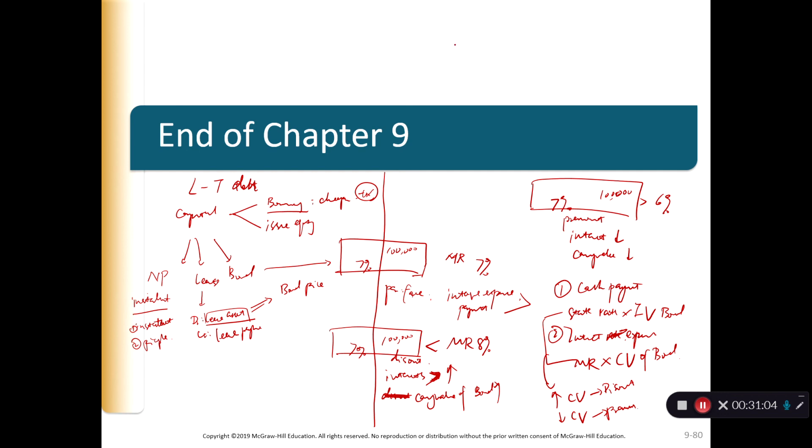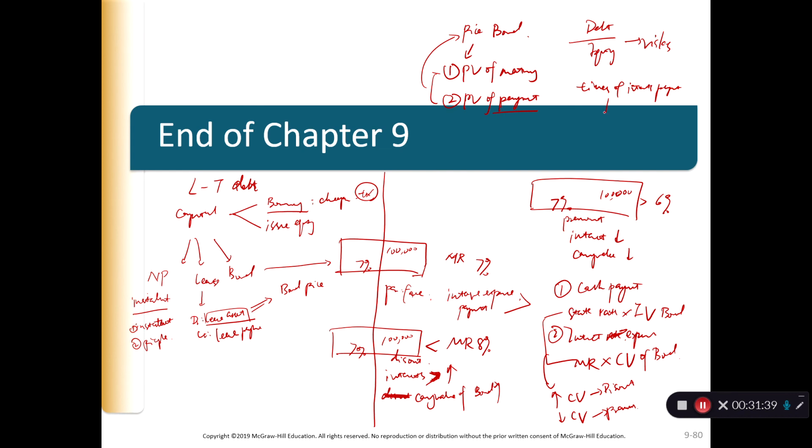And then we talked about the pricing of the bond, right? And I think the thing you need to remember is you need to add the present value of the maturity and the present value of the interest payments, and that's going to be the price of the bond. And the last topic we talked about, the debt to equity ratio, is a measurement of risk, right? And we also talked about times interest earned, which calculates how likely the company is to meet its interest payment